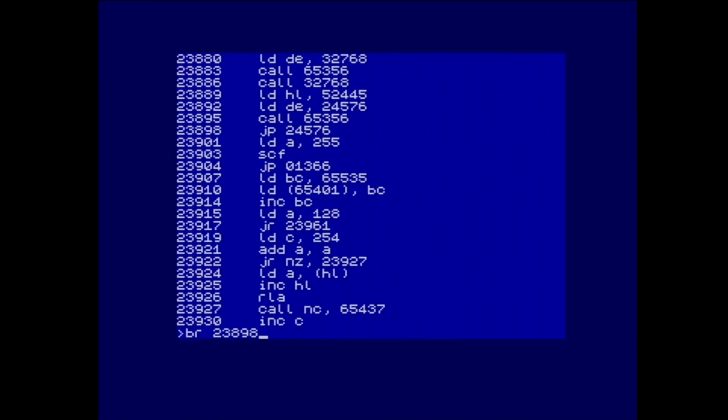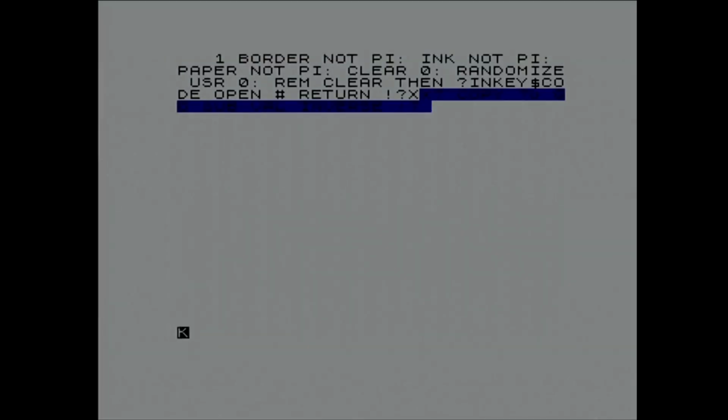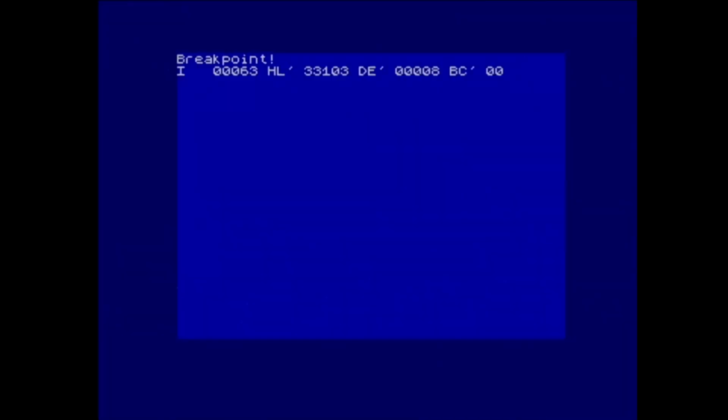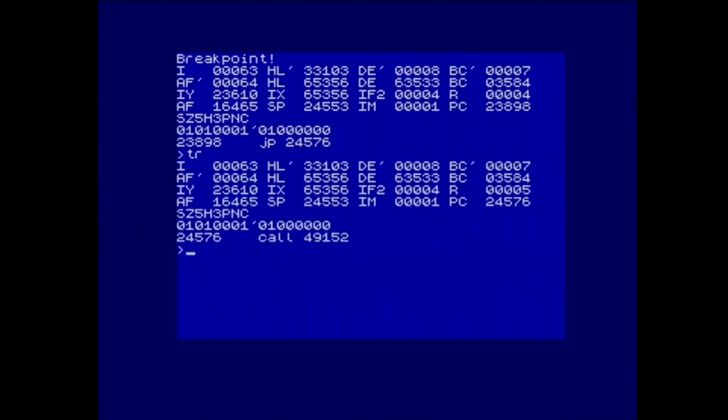It just keeps you on your toes, but we'll put that breakpoint there, exit back to BASIC, and then start the game, or start the loader. So we trace that, so now we're at